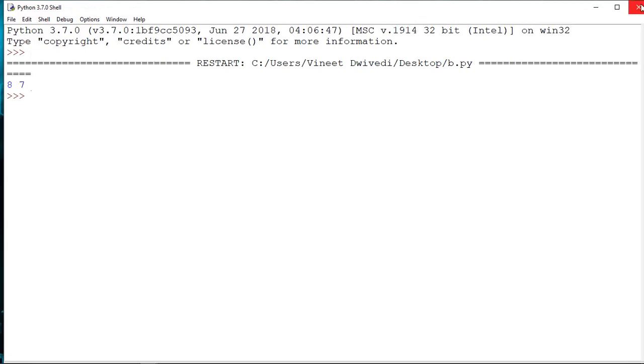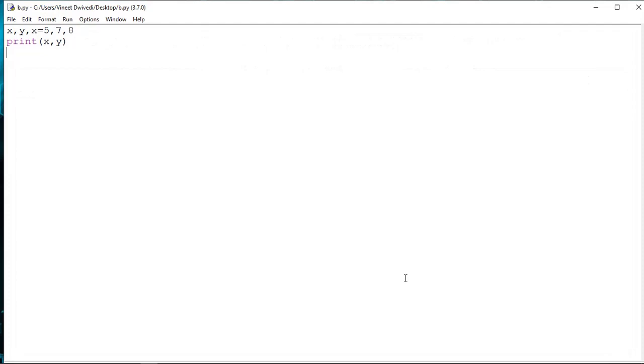So you must be thinking why there are only these two outputs, because we have given three values in the first line, x, y, x = 5, 7, 8, but the output generated is only of two values. So why is this problem happening? Because it has to get only a single value for this. Either it has to get the first value, or it has to get the third value.